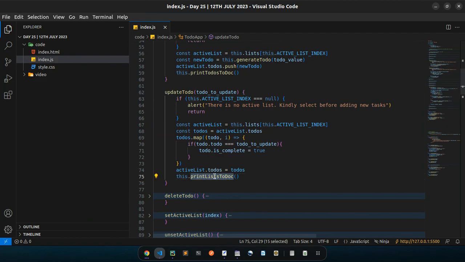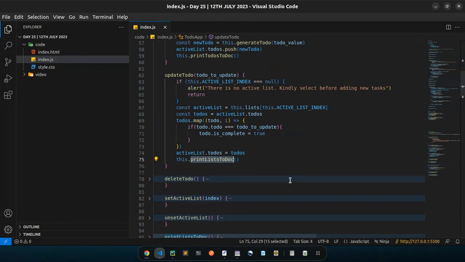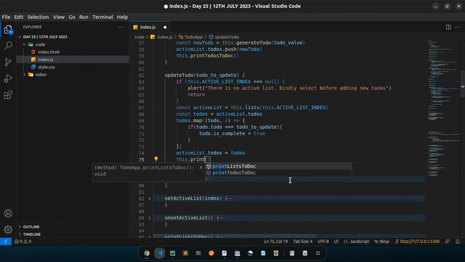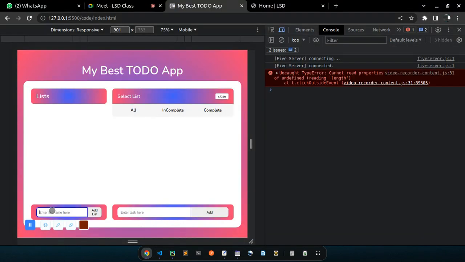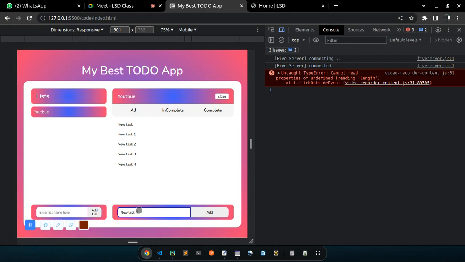So print, okay, I said print lists to doc. Sorry, here it should be print to-dos to doc like that. So I say YouTube, then I can say a new task, and new task 1, new task 2, new task 3, new task 4, new task 5, any number of tasks